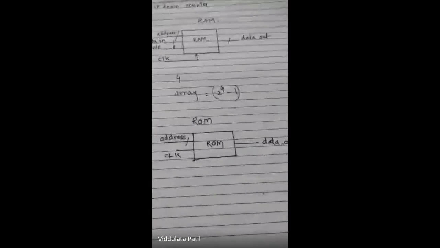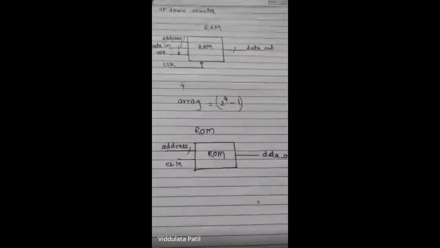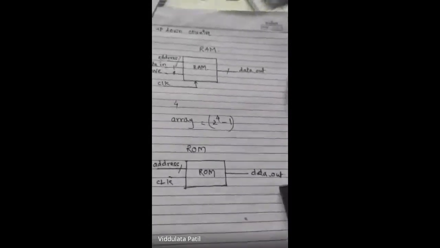Okay, just remember that this ROM has 2 inputs, one is the address line and another one is the clock, and the output is the data out. Okay, and then this is the code for,